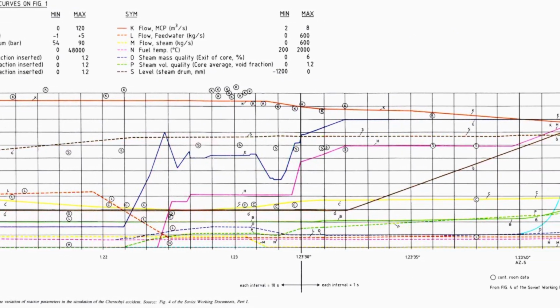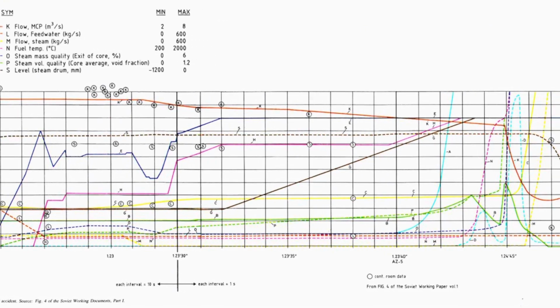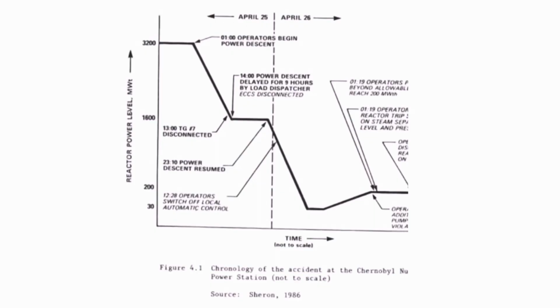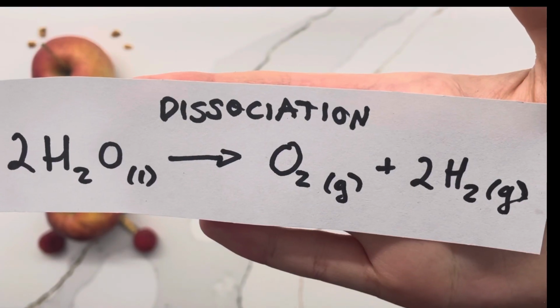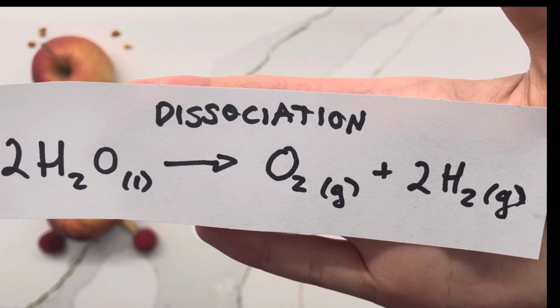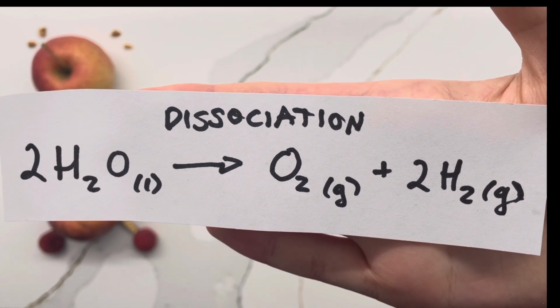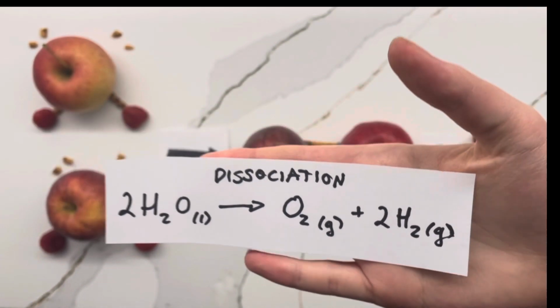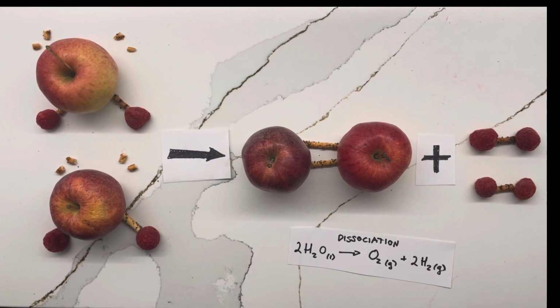runaway reaction, where fuel rods were only surrounded by graphite rods, raising the pressure and the temperature above 3,000 degrees Celsius. The reactor's power was about 33,000 megawatts at this point, well above the limit. With such high temperatures, water steam, or voids, began to expand at an extreme rate as its molecules gained energy. It got to the point where water molecules have dissociated into hydrogen and oxygen gas, which essentially created a steam